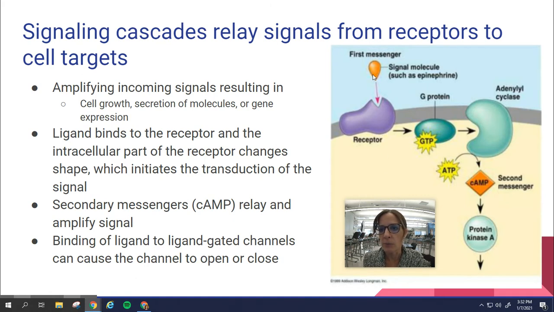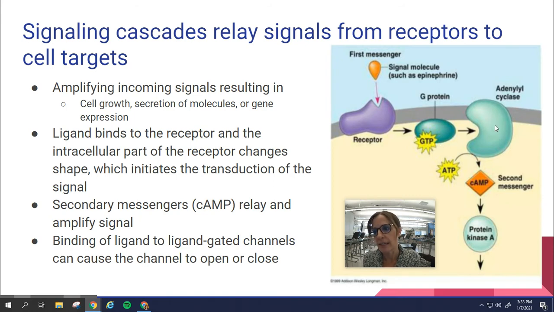So you get your first messenger, right? And that would be something like epinephrine, which is an example of adrenaline. And it's going to bind to its receptor, same shape, and that's going to change the shape of the intracellular part. So intra, remember, means inside. So when that ligand binds to the receptor, this intracellular part is going to change shape, which is going to activate this GTP protein, the G protein, to make GTP,